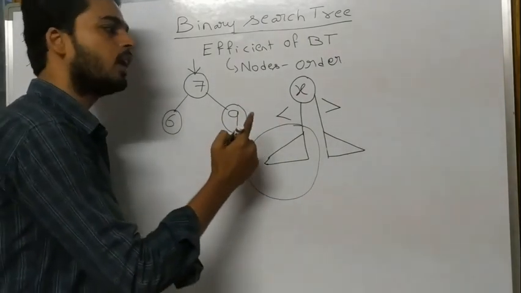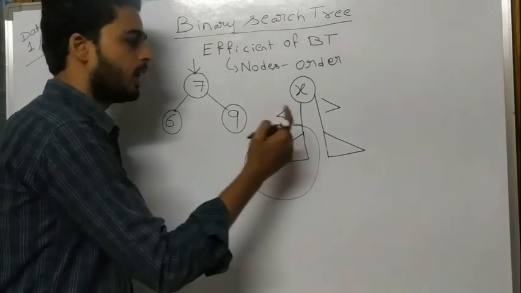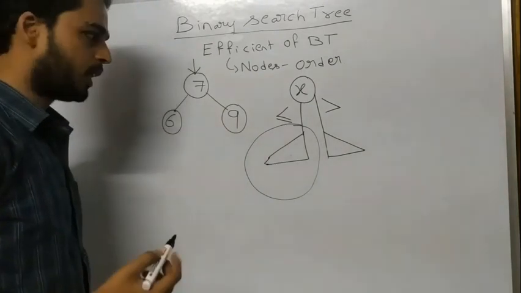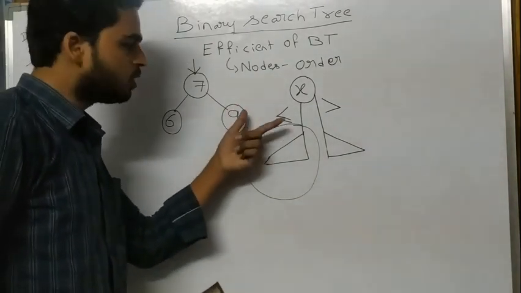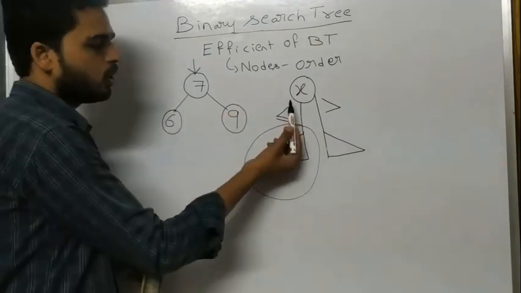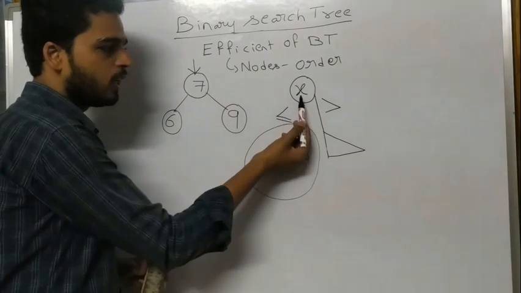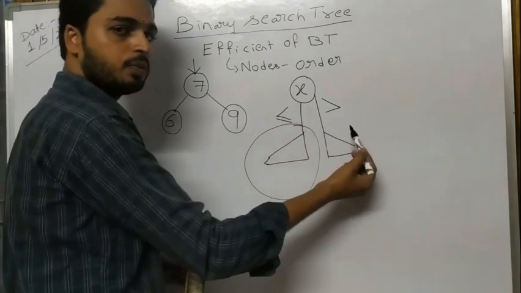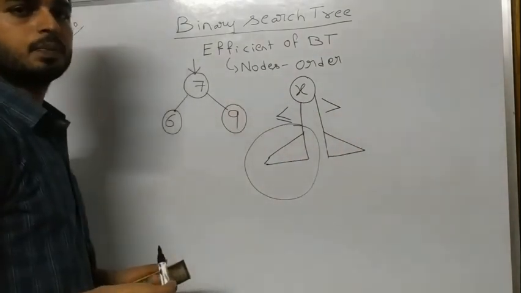Duplicates you can allow either on the left side or on the right side, always the same one. For example, if for the first time I insert a duplicate on the left side, then in the coming, any duplicates you get, you should allow to the left side. So I am generalizing it: the node values which are less than or equal to the value x I am going to insert on the left side, and the node values which are greater than the node value x I am going to insert on the right side.